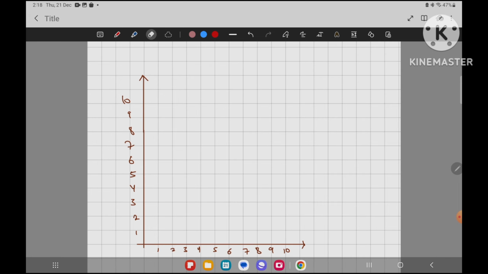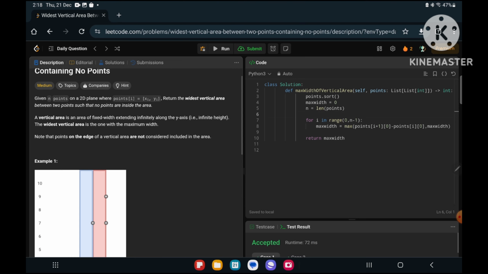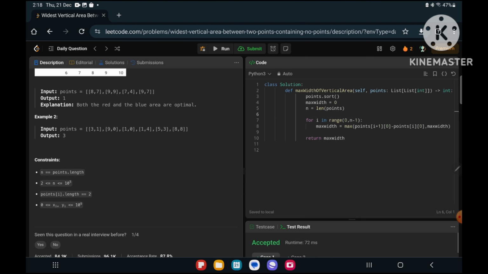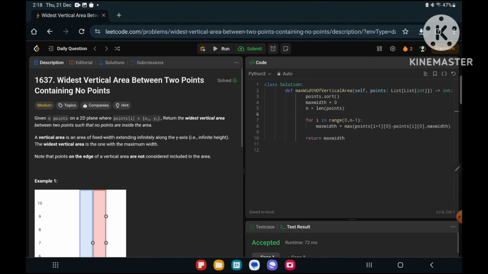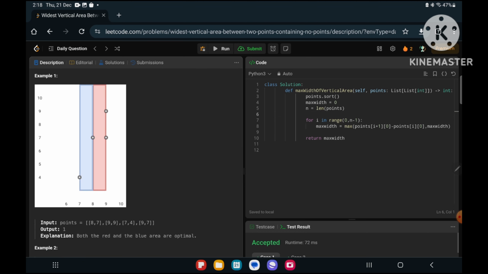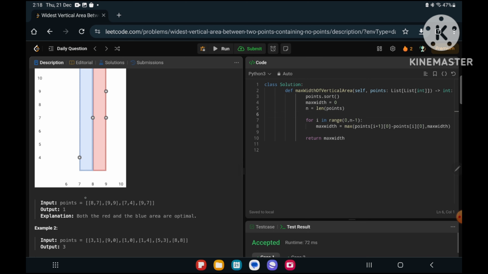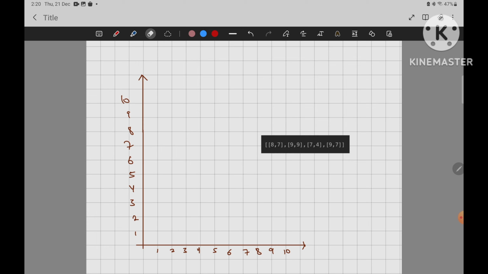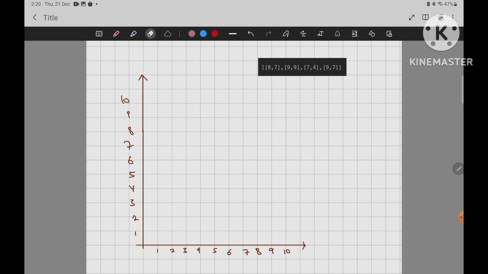So in the question, there are some points given to me and I am asked the widest vertical area between those 2 points. This widest vertical area is nothing but the maximum width possible between any 2 points. So if I take this test case, it is given 8, 7, 9, 9, 7, 4